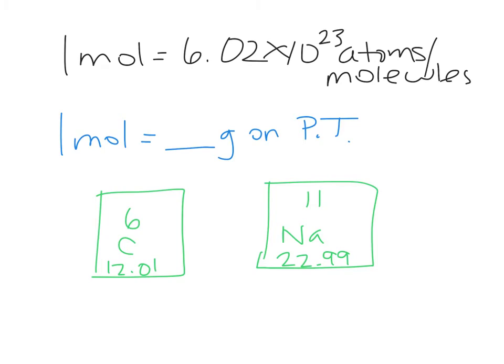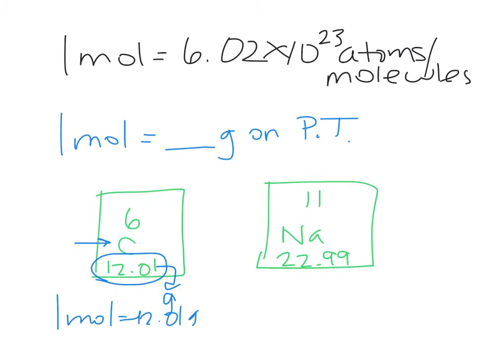So if we literally counted up 6.02 times 10 to the 23rd atoms of carbon, it's going to be equivalent to the average atomic mass on the periodic table, the 12.01 grams. So 1 mole is equal to that decimal number on the periodic table. For carbon, 1 mole is equal to